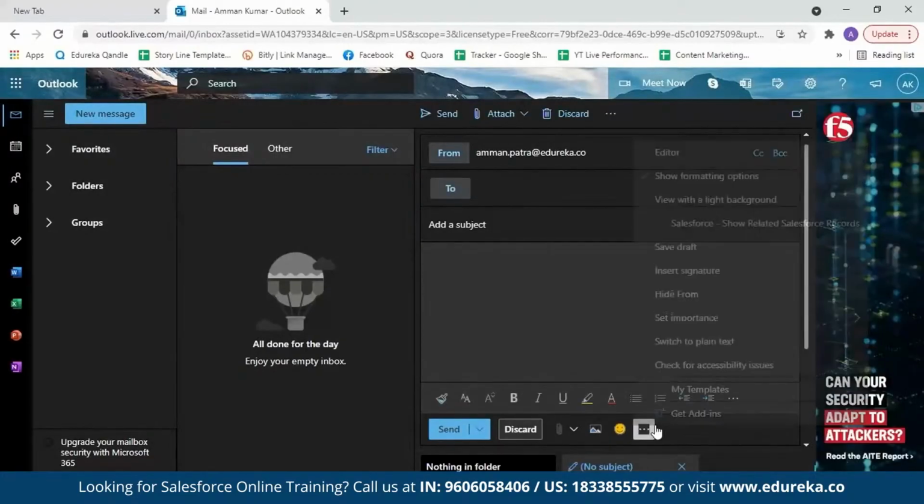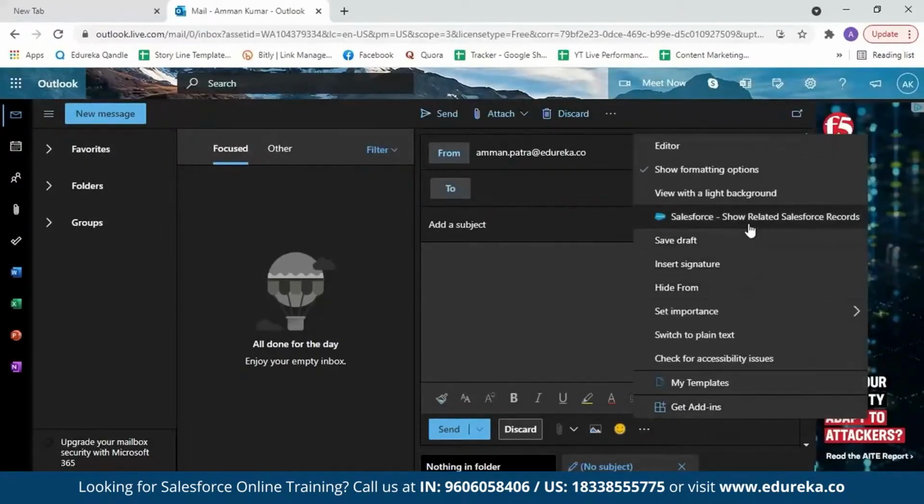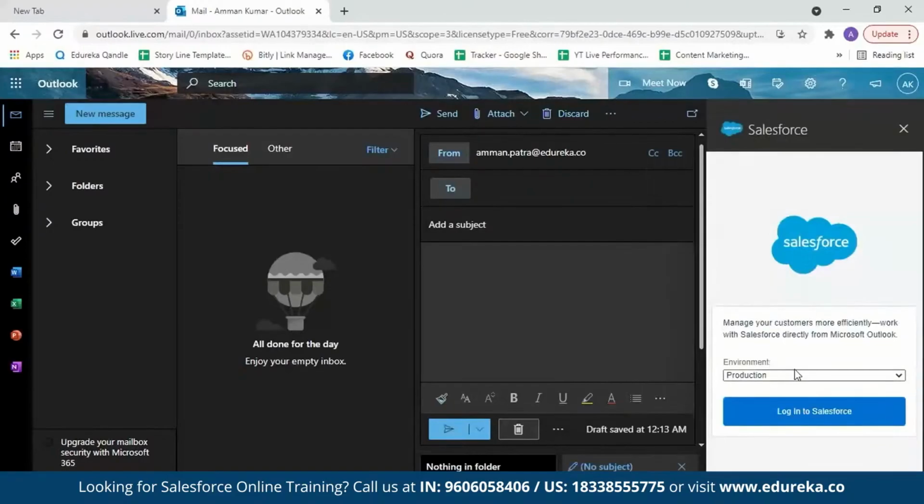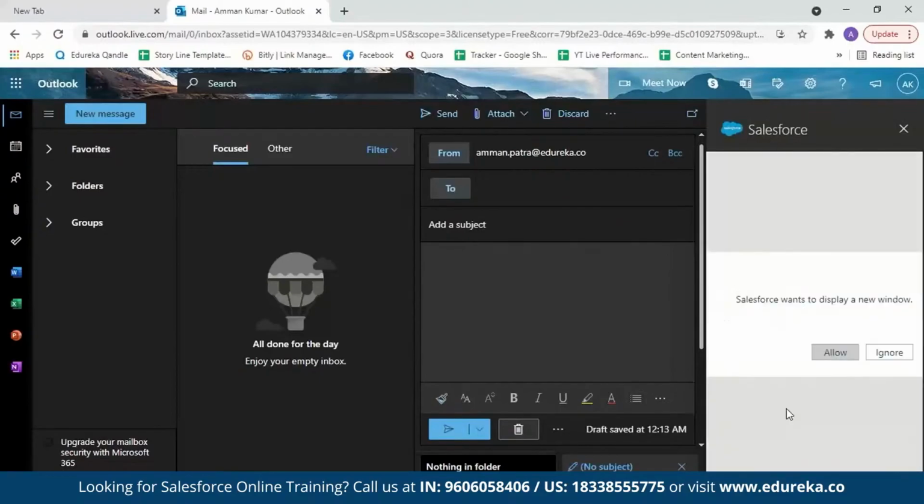Now click on this new message. Go to options. Here you will find Salesforce. It will either be present here or here. So we'll just click on this. Next, it will ask you to select the environment. So this is the production environment. So we'll just select that and click on login to Salesforce. Next, we'll allow it,